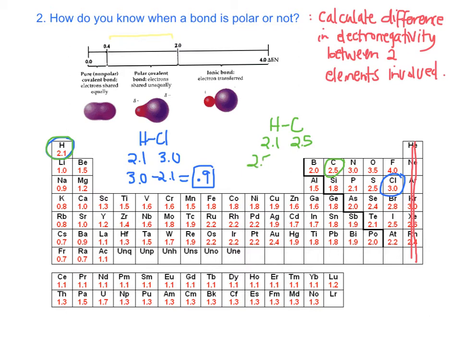So if I subtract 2.1 from 2.5, I only get 0.4. And so our range of electronegativity from 0 to 0.4 would be considered a nonpolar covalent bond. We would say that those electrons between the hydrogen and the carbon are being shared roughly equally. And with that said, we might as well talk about ionic, because sometimes you have a situation in which you